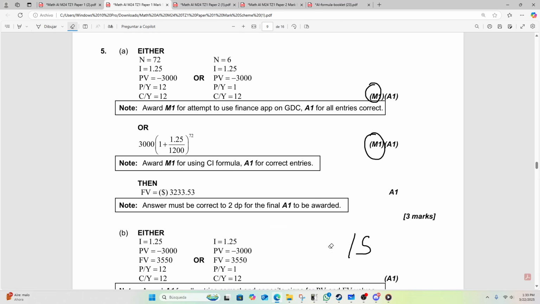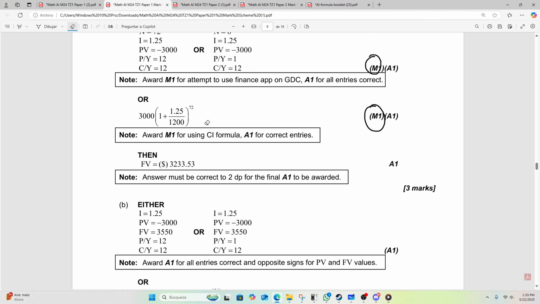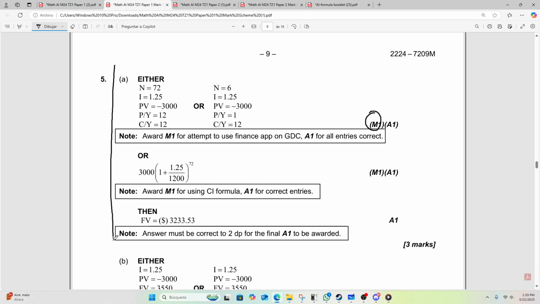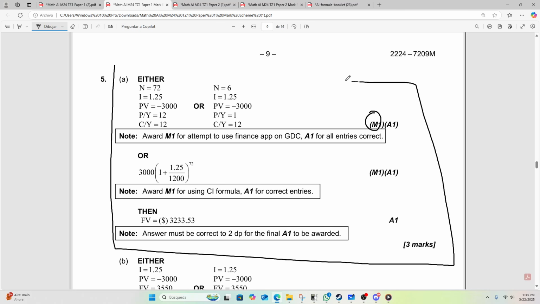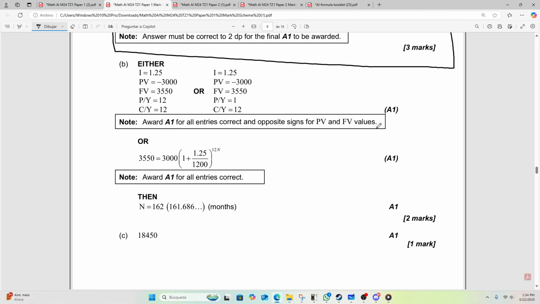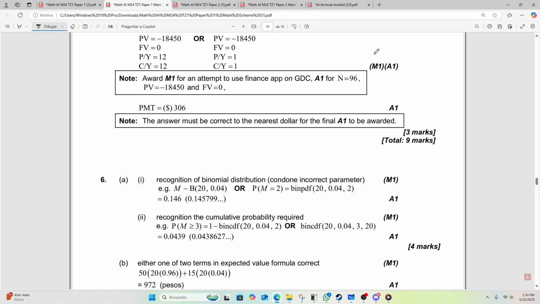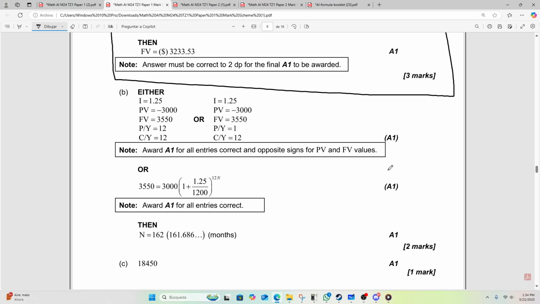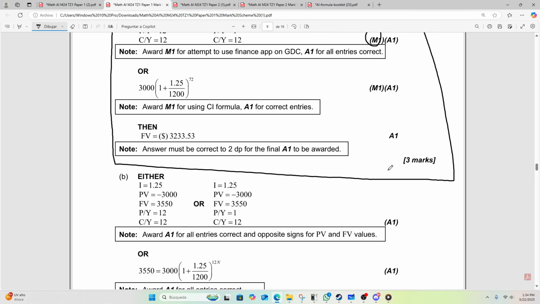Ooh, now that I think about it, whoops. Now that I think about it, this one is only 1 method point because this is part A. Damn, that's rough. Okay, so that is 1 method point. See? So the finance, wow, okay. Finance is particularly mean with the method points, I'll be honest. But for the most part, you will have method points all over written in the mark scheme, more often than not. I guess the finance app, in this test at least, was a little more mean with that. Kind of surprised, to be honest.